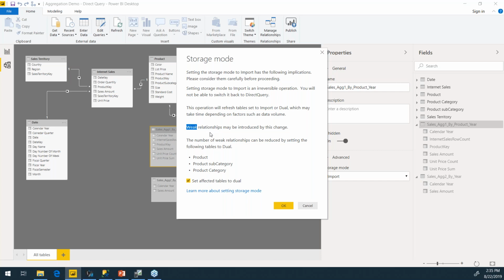If both are in direct query, it's considered a strong relationship, and aggregation will be considered to answer the query. Both in import, it will be considered. If it's one import or direct query and the other is dual, where it can flip back and forth, that's still a strong relationship. But if you've got one import, one direct query, the ag will not be used. So if I don't set these tables to dual, this ag will not be useful. And of course, you don't have to do it here. You can do it manually, right? But I'm going to let it do that. So I'm going to click OK.